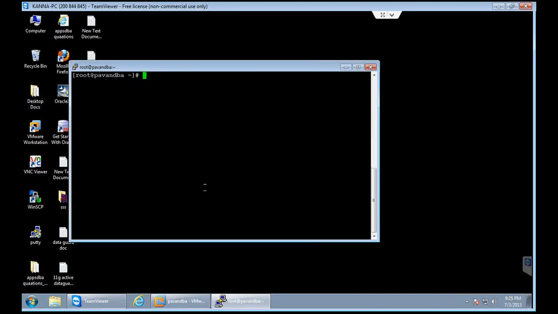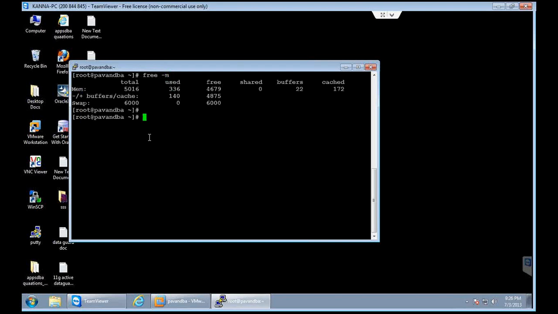The next command we are going to see is how to find out how much RAM size was given for this server, or what the total RAM size is. If you want to know the total RAM size, then you need to use the command free -m. This command will give you not only the total RAM size, but also how much is used and how much is free.